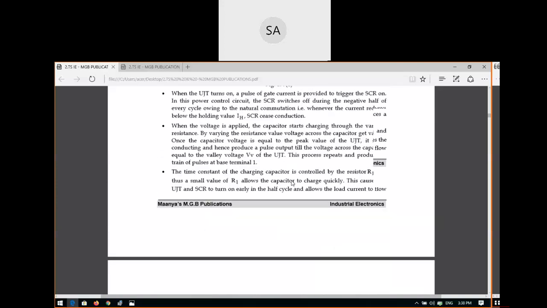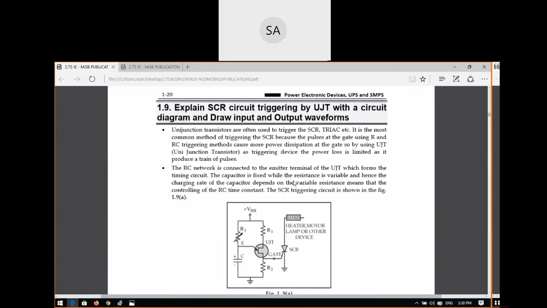What is the concept here? How to turn on an SCR. One is the example; there are so many methods to turn on an SCR, but the famous and preferable method is applying a gate pulse. And you know very well that the UJT will generate pulses, so those pulses have to be given at the gate terminal of the SCR, so that it will generate the turn on process of the SCR. Okay, so if you see this concept here,